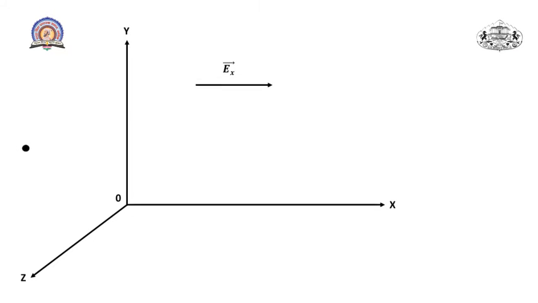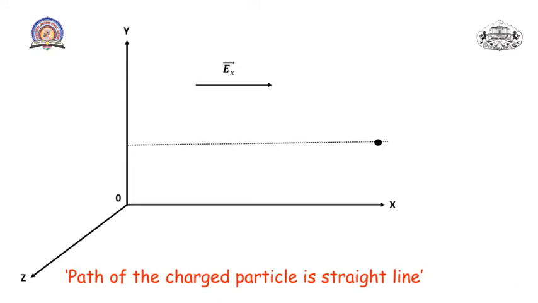Initially it has a velocity ux, and the charged particle moves with the initial velocity; when it just enters the electric field, it gets accelerated. So you can clearly see the difference between these two velocities. ux is the initial velocity of the charged particle, which is uniform velocity, and when the particle moves with velocity vx, it follows a straight line path. So the path followed by this charged particle in a uniform electric field is a straight line path. The particle is accelerated through this electric field. This is all about the motion of the charged particle in a parallel electric field.